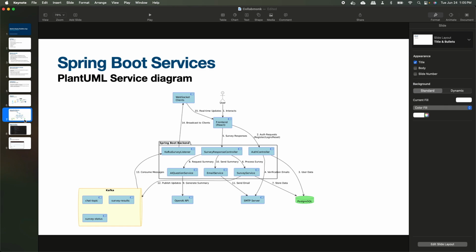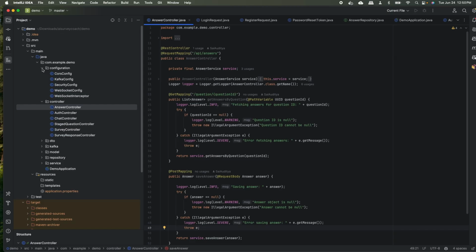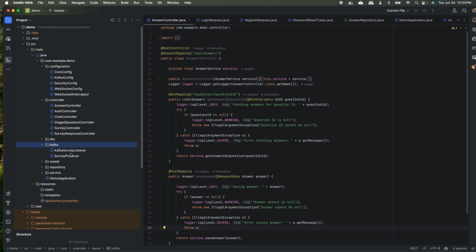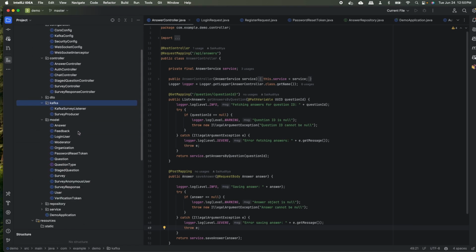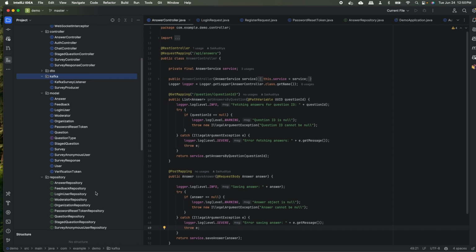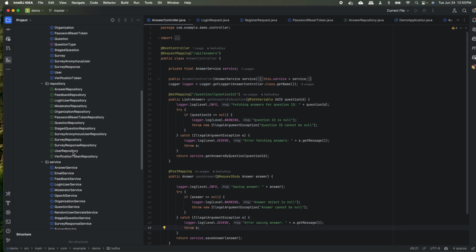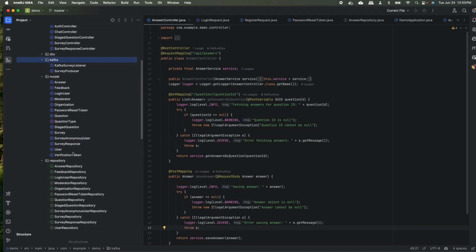I have organized it into a couple of things here. As you see, we have controllers, and we have some configuration files. We have some Kafka listeners here, and then all the models. These models are nothing but the tables that are in Postgres. And then repository, I'm using JPA, and the service layer. So the controller uses the service layer to